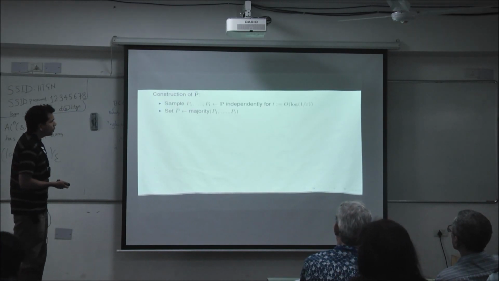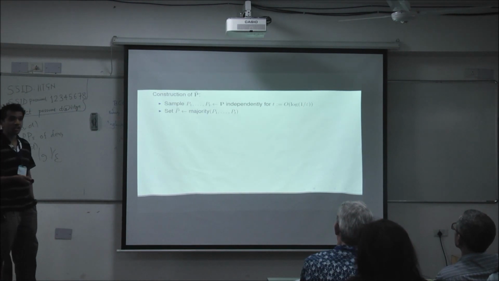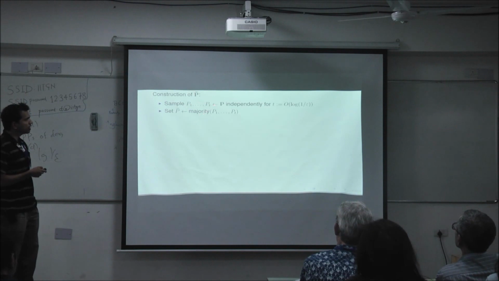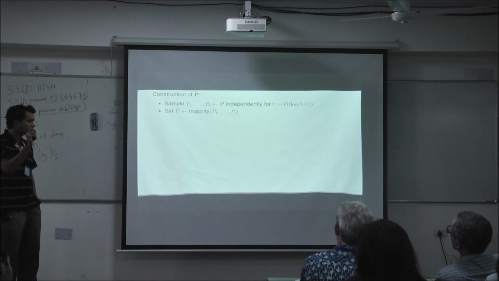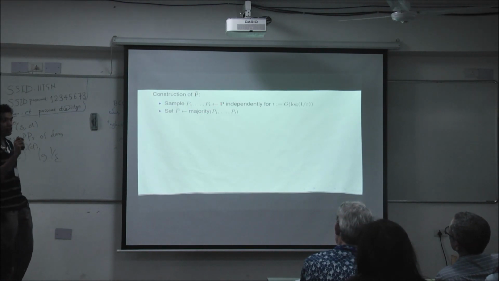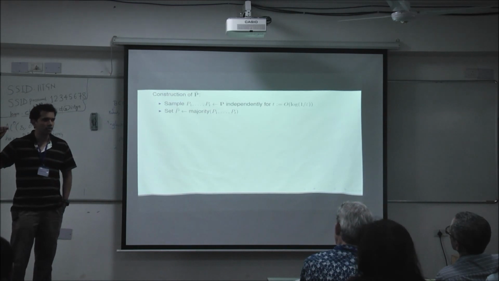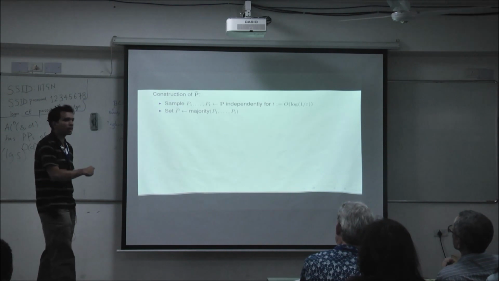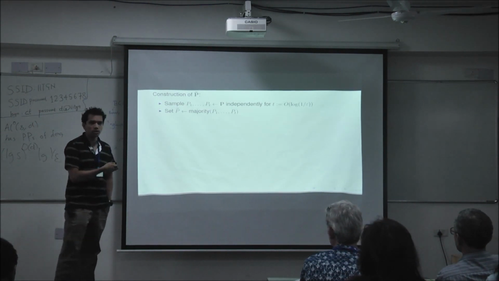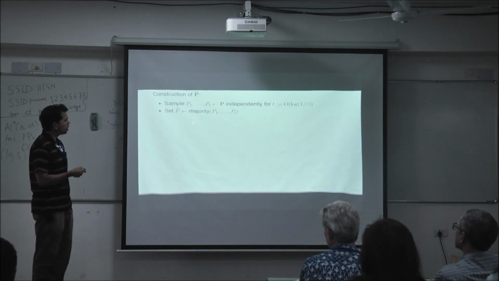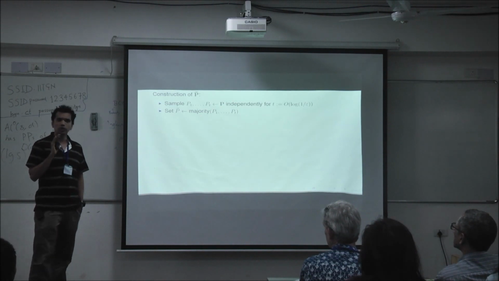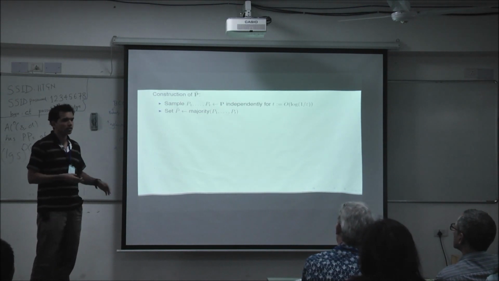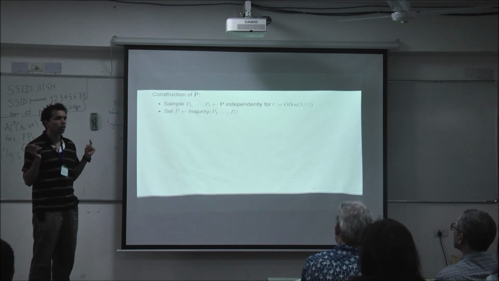So how's the construction? Well, the natural thing is to repeat. What is repetition here? It's a single distribution of polynomials. Instead of taking a single sample from this distribution, you take t independent samples. That's like running the algorithm t times, that's repetition. And then take a majority. But what is majority? These are polynomials. We are only allowed to use polynomials here. We can't do whatever we want. So what is majority in the world of polynomials?